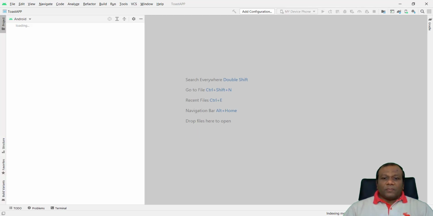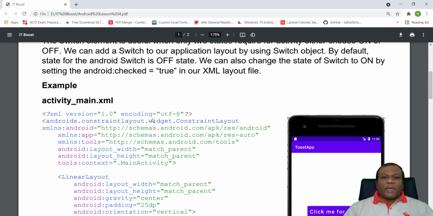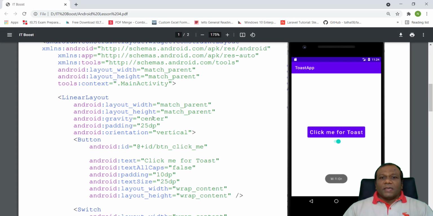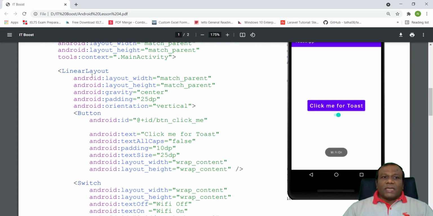So first we have to make a user interface using the XML. Here I have used a linear layout with width match parent, height match parent, gravity center. I have given a small padding, orientation vertical, so the items come one below another. Here this click me for toast is a button, right?